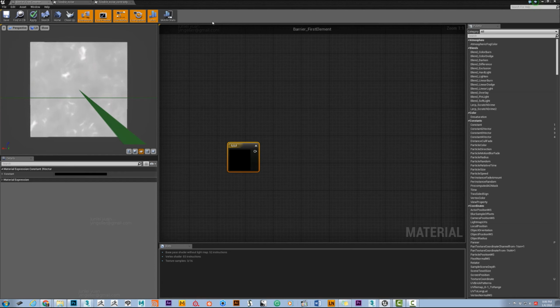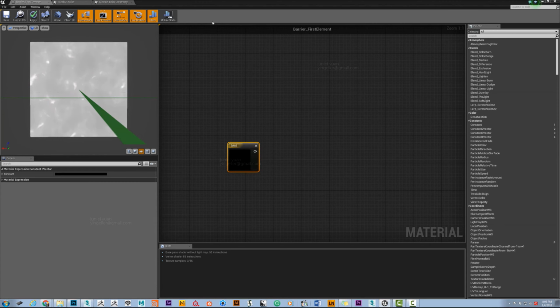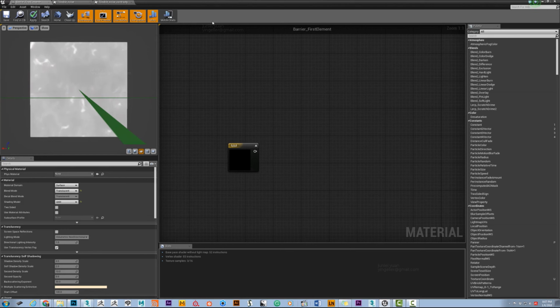Let me see if I can. So green value is going to be 2703, and this one is this value here, and blue is 6 as far as I remember. Let me double check. So 6,